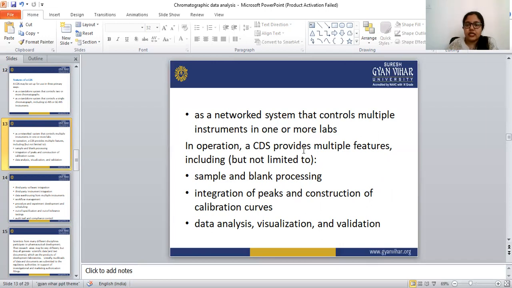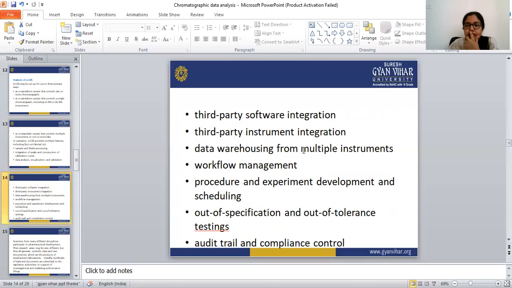In operation, a CDS provides multiple features including sample and blank processing, integration of peaks and the construction of the calibration curves. We can do data analysis, visualization and validation.